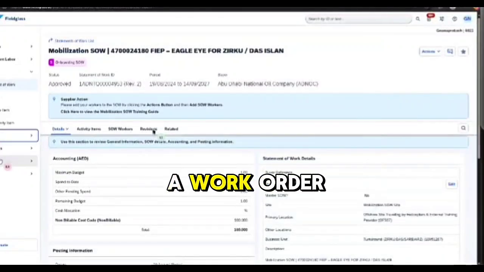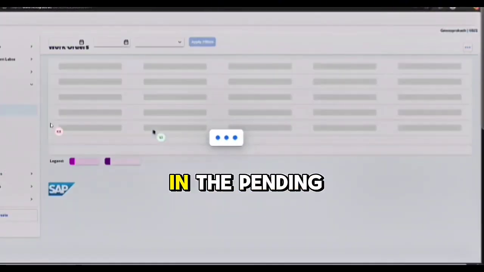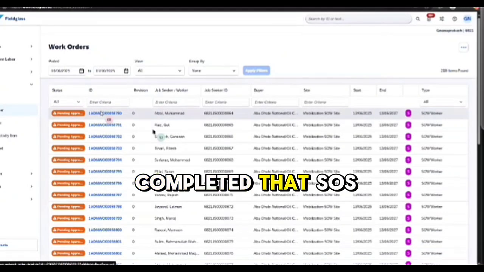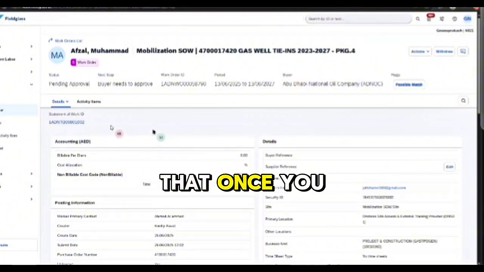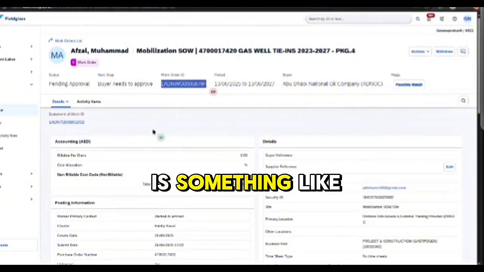So a work order will be created, something like this, in the pending of all status. Once we complete that SOW worker, the worker will go under work order. Once you fill in all the details for that worker, a work order like this will